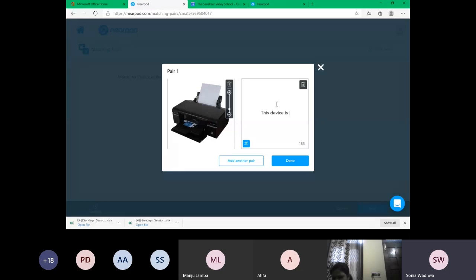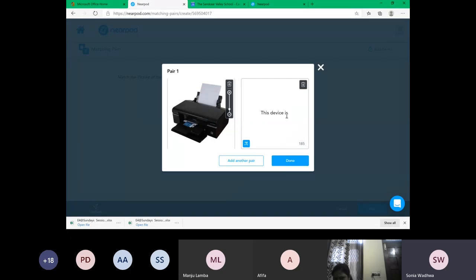You have to write the correct answer in front of the pair, but when it goes to the student, the software will jumble it, and the pairs will not come adjacent to each other. They will come in one corner of the grid. So my printer will not come along with its description on the screen of the child. When the child sees it, it will be all jumbled.